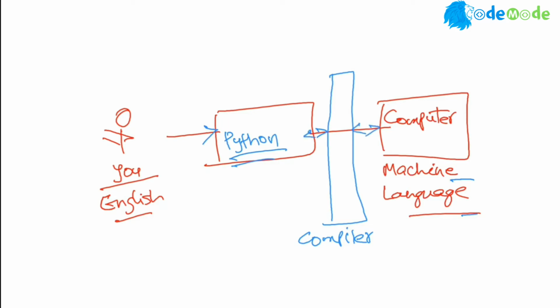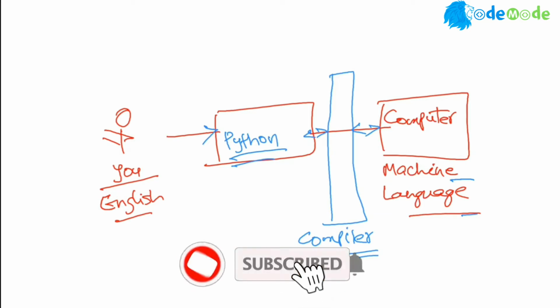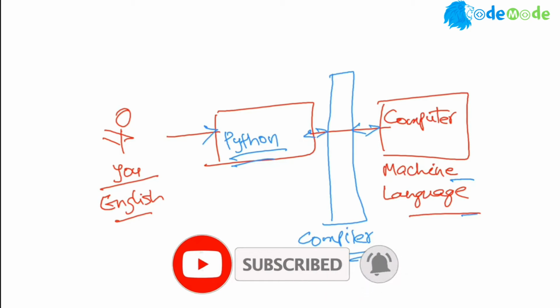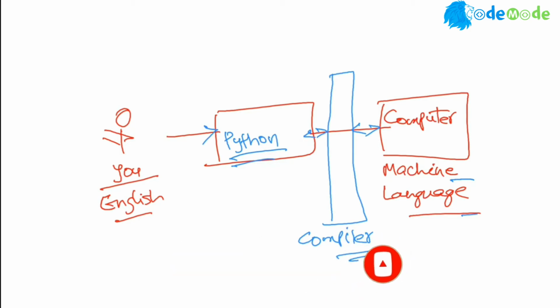So you heard the word compiler. In some languages, they also call it an interpreter. It is also a piece of software. The compiler converts your Python code into machine language and vice versa. Python is a programming language, and each programming language has its own compiler, because the person who invented Python wrote the compiler. Without it, you can write all the syntax and come up with all the grammar, but it is of no use, because somebody has to convert that code into machine language, and that is what the compiler does.